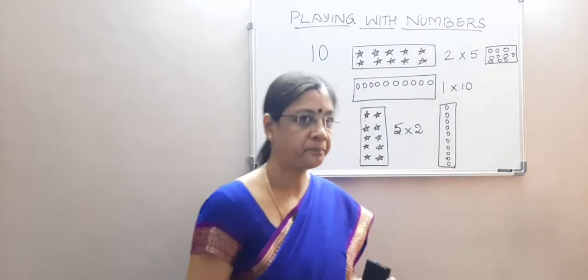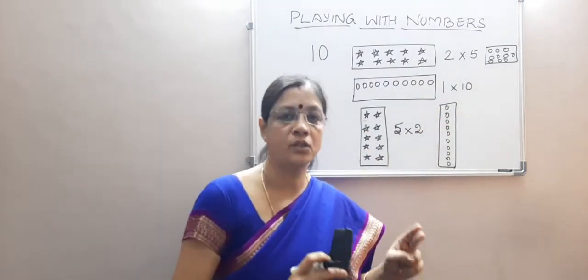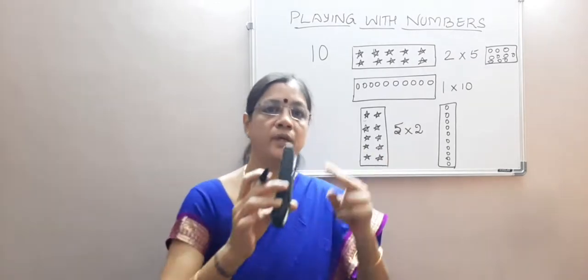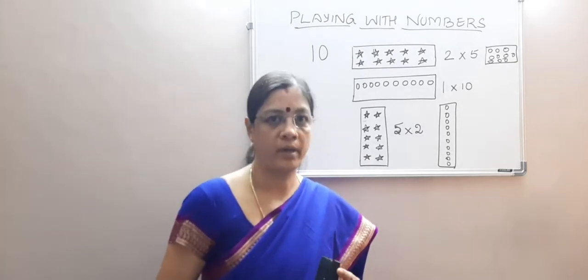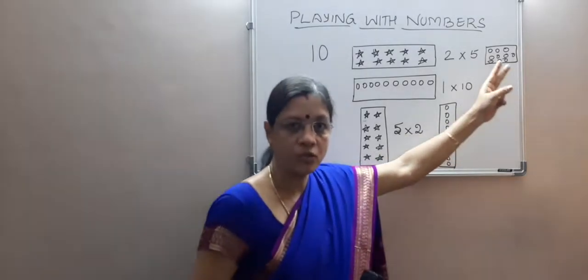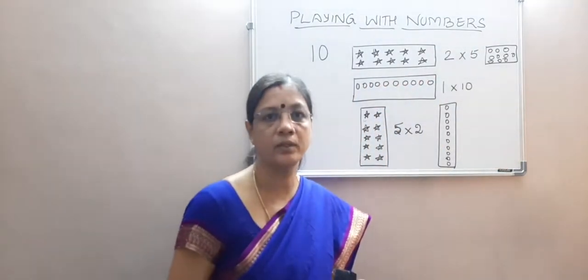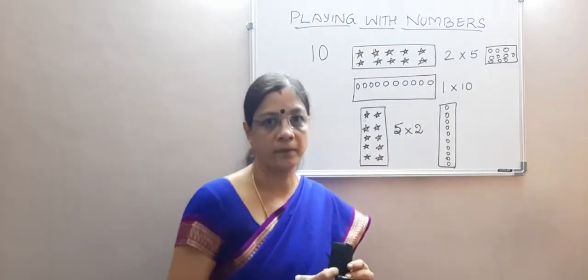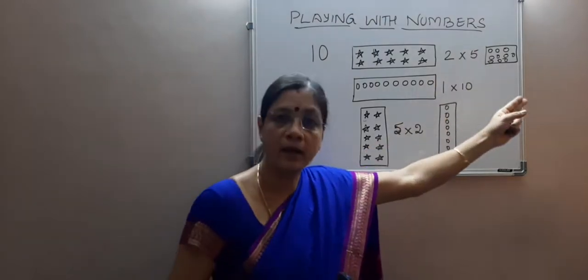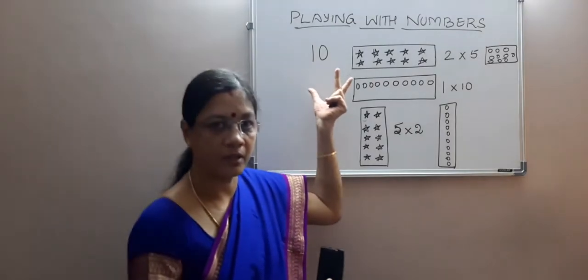Will I be able to write it in this way, that each row consists of equal numbers, so this many rows and each row has this many circles or stars in it? No, I won't be able to. So this is not a regular fashion, this is not a regular way. So I have put it in a particular way so that I will be able to represent it as a product. The number of rows and the number of objects in each row, and this product will give you the number we have taken here. Do you understand?